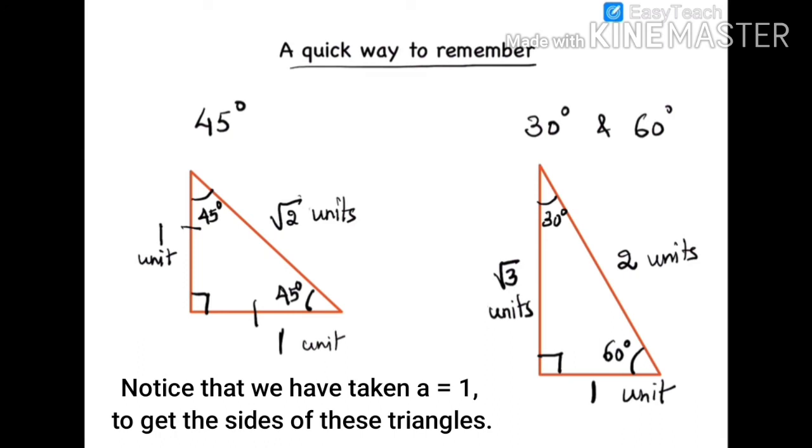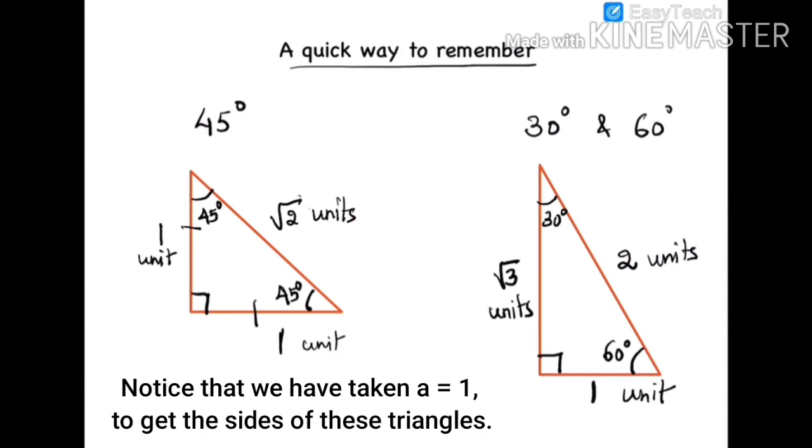So if you mark the sides of this triangle correctly, then you will be able to write the ratios for 30 degree and 60 degree looking at this triangle. For example, if I want to write down cos 60, you will look at 60 degree and cos is adjacent upon hypotenuse, so it will be 1 upon 2. If I want to write down tan 30 degrees, it will be opposite upon adjacent, so look at 30, opposite is 1 and root 3 is adjacent, so tan 30 will be 1 upon root 3.